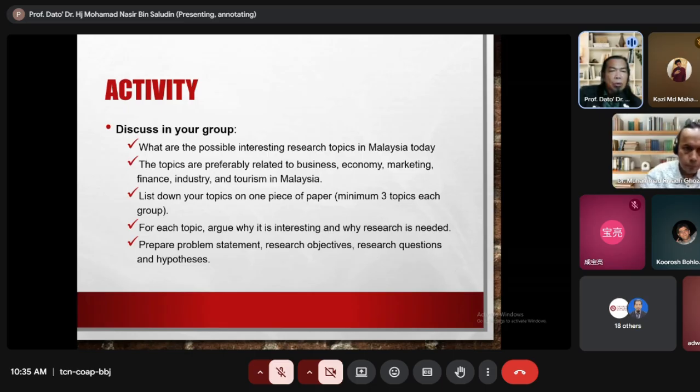Activity, discussed in your group. If you have time, among you, what are the possible interesting research topics in Malaysia today? You can discuss. If you don't have a topic, the topic is preferably related to business, economy, marketing, finance, industry, and tourism in Malaysia. List down your topic on one piece of paper. If it is very difficult to collect data in your country, you can do research in Malaysia. No problem, but your supervisor must agree. For each topic, argue why it is interesting and why research is needed, and prepare a problem statement,